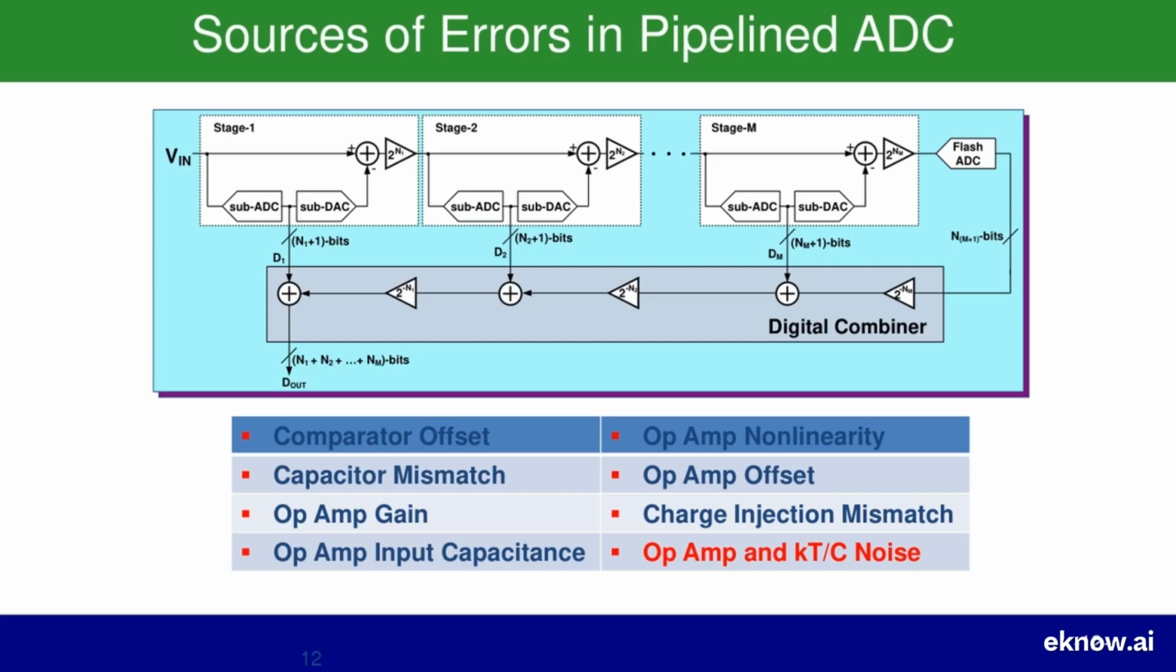Let's look at the list. We can group these errors by the components that cause them. First, in the sub-ADC of each stage, we use comparators. The first error listed is comparator offset. In an ideal world, a comparator triggers at exactly 0 volts or at a precise reference voltage. But in reality, due to mismatches in its internal transistors, it might trigger at a slightly different voltage. This offset can cause the sub-ADC to make a wrong digital decision, especially for input voltages that are very close